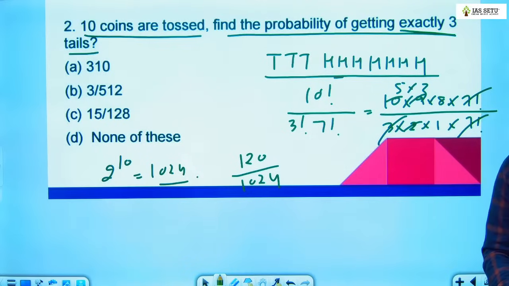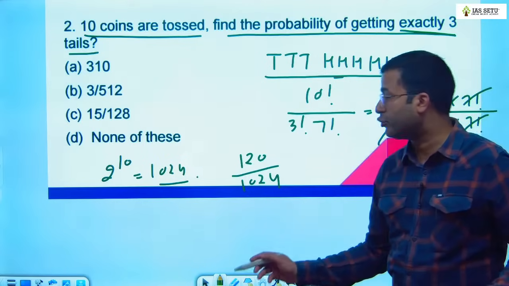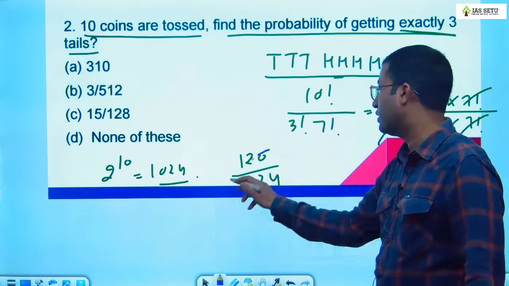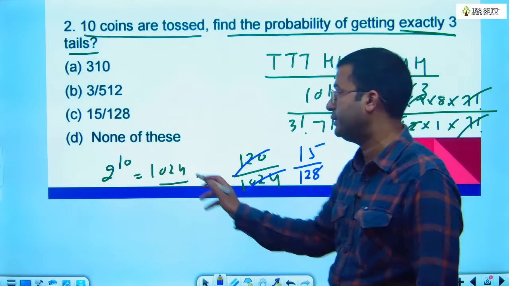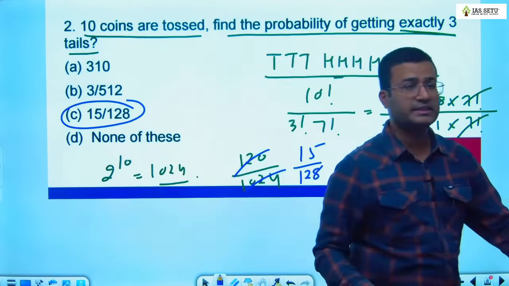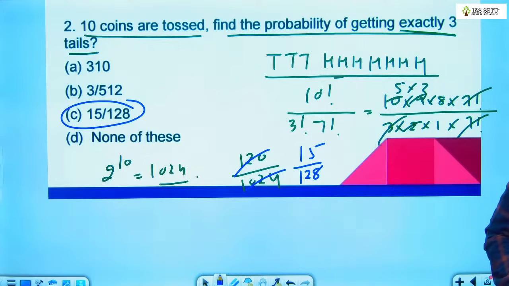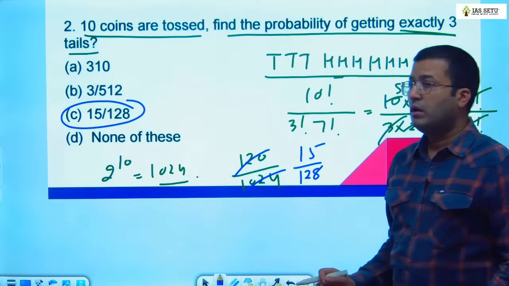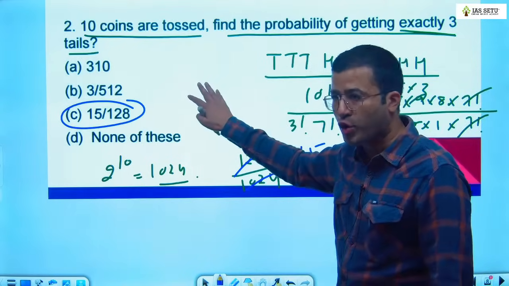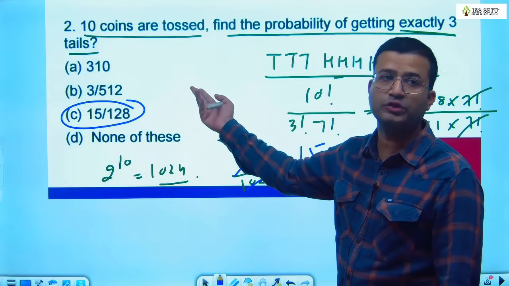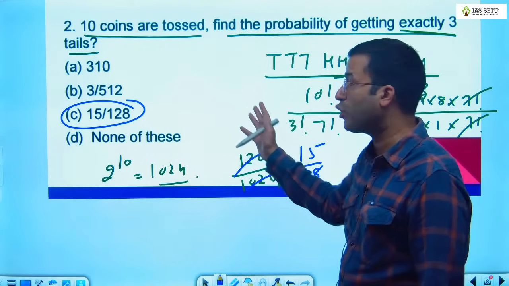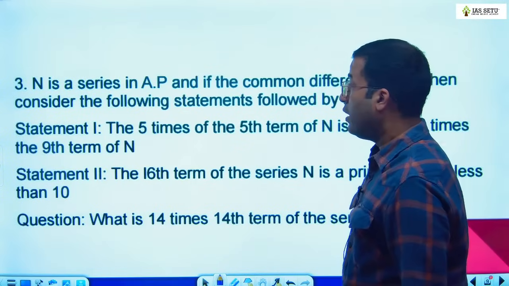Total ways are 1024. So what you have to do is divide by 8. If you divide it by 8, we get 15 upon 128. So your answer is 15 upon 128. So here, coin question: my prediction for this year is that maybe there will be a question on coins. Do revise this topic. Now next is